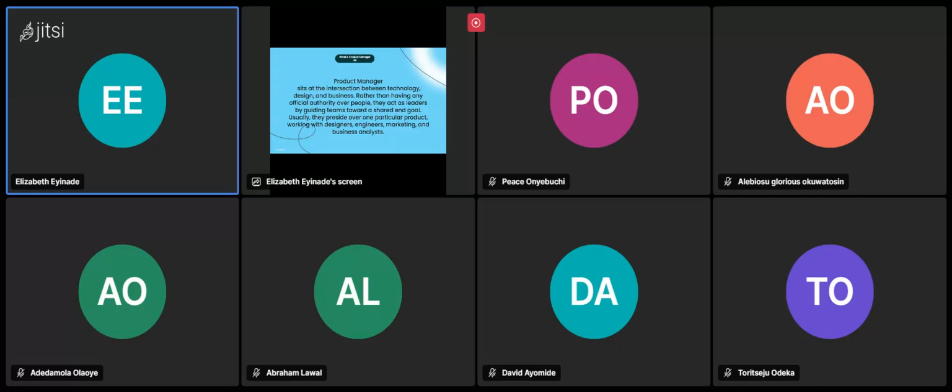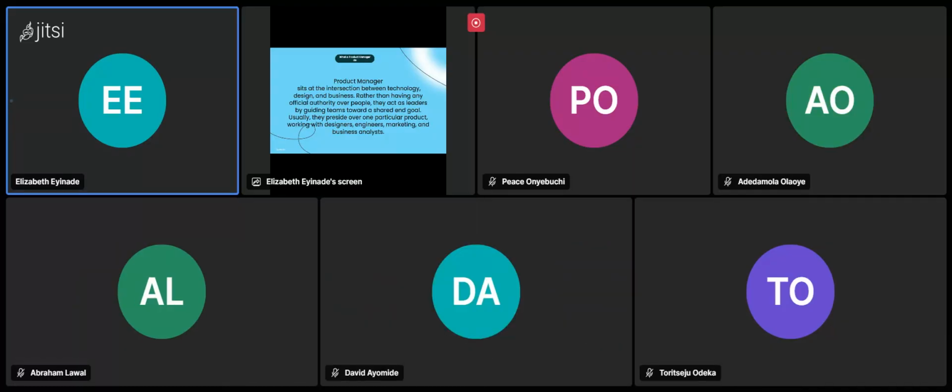You are working with the technical team to ensure that your product is being delivered, that features are being done. You are also working in line with user experience to ensure that the user interface and the user experience make a whole lot of sense. You are working with the business to ensure that what you are building is aligning with the business goals, and that you are building the right product at the right time. You are offering value to your customer.